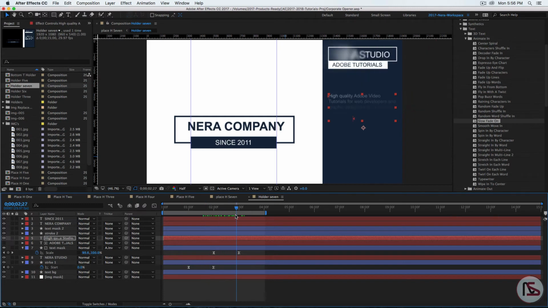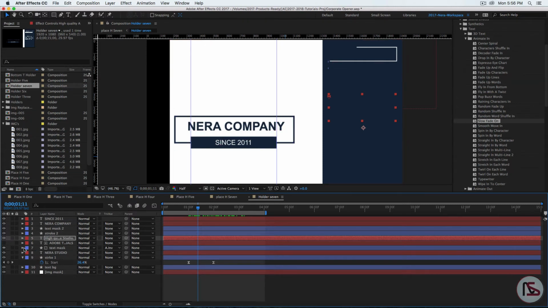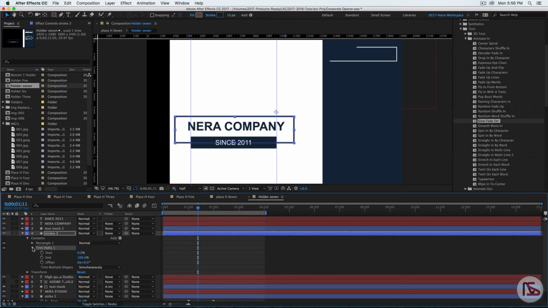Nice. Once we have this, we need to go and start playing with this. So let me go back maybe right there. Let me make sure all this content is inside this white background. So let me start with the text first, with the stroke. Let me select this, and we're gonna add another trim path in this as well. Let me just put this 68 for now. So let me go for 68, and let me shut down this mask for the moment,